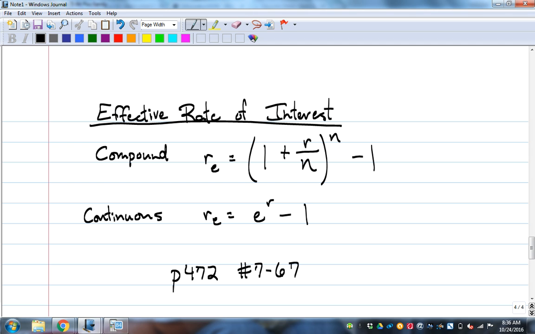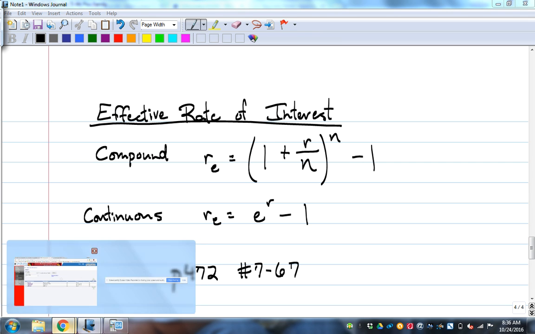Simple interest is not going to be used at all, really, honestly. You're not going to use that, it won't be on the quiz tomorrow. I'll go ahead and tell you that. But if it says simple interest, that's the formula you use. So pay attention to what they're asking you to do there. All right. So